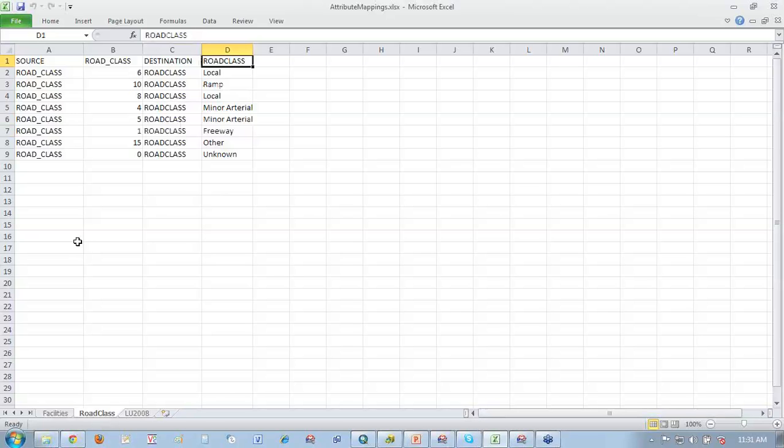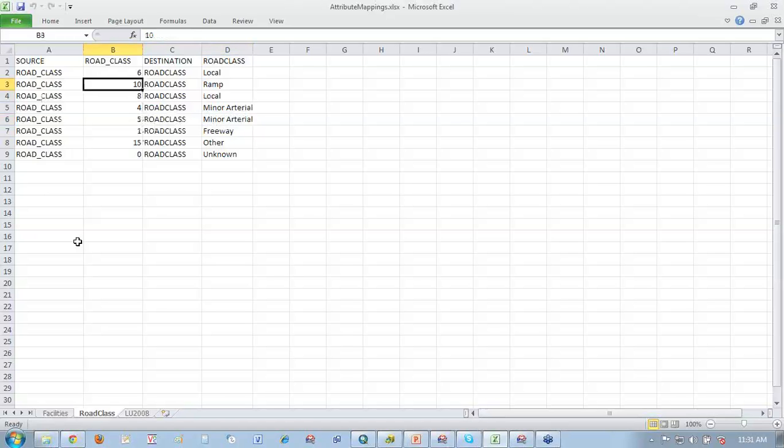Basically all I'm doing here is taking some of those codes, and everybody's got these, whether they're census codes or some other transportation scheme for the hierarchy of the road system. I need to map those from the integer values that they are in the source shapefile over to a string value for local and ramp and minor arterial and things like that. And so not knowing the source shapefile very well, it took me a fair bit of time in this case to figure out, well, are both number 4 and number 5 a minor arterial, or is 5 actually a ramp? Well, actually, no, number 10 is a ramp.